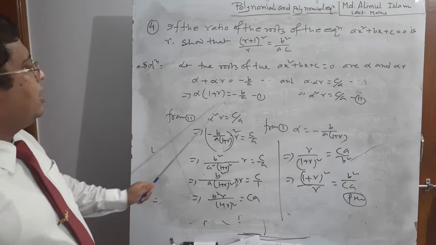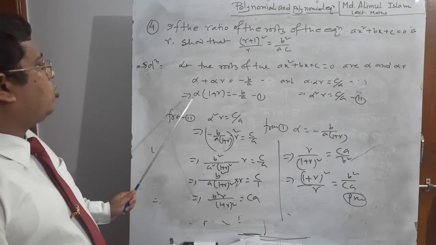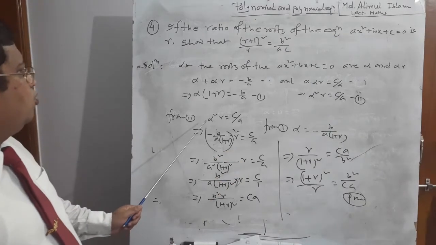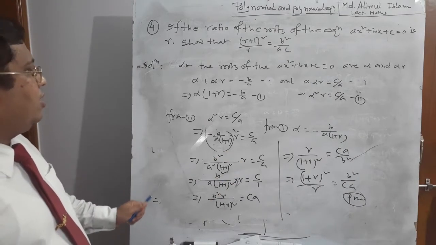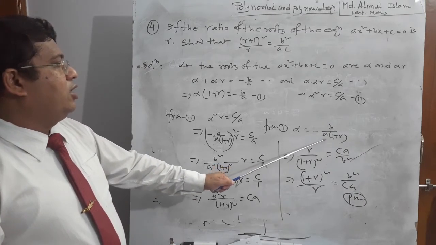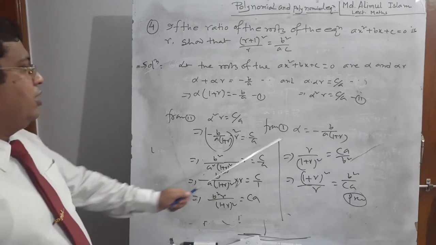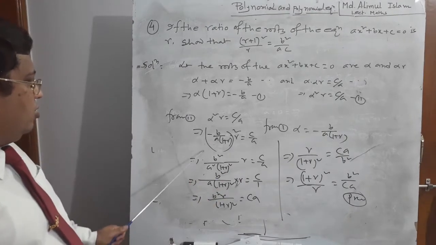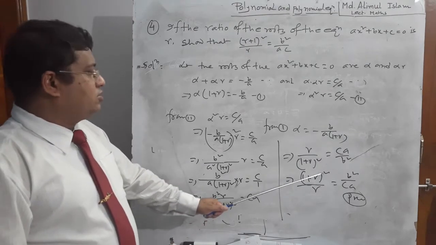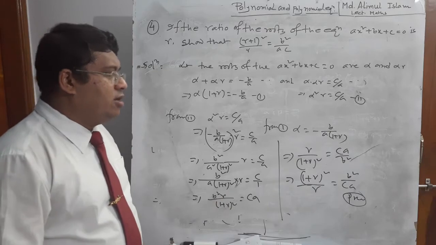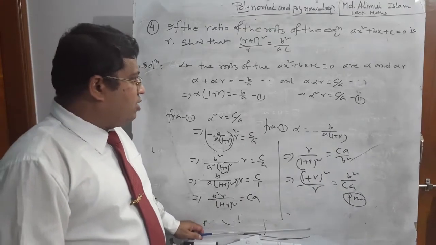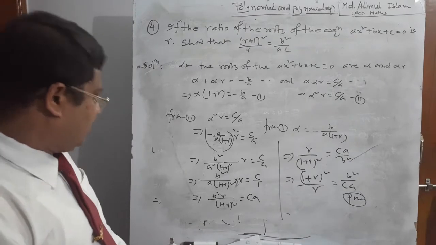Put out the two roots in here. Sum of the roots, you take the common alpha in here. Product of the two roots, alpha square r is equal to c by a. Then you put the value of alpha from 1, alpha is equal to minus b by a into 1 plus r. Instead of alpha you put in here whole square. After the calculation you can write 1 plus r whole square divided by r is equal to b square by ac. Proved. Okay, I hope that everyone understands properly. Again, I am doing another maths.